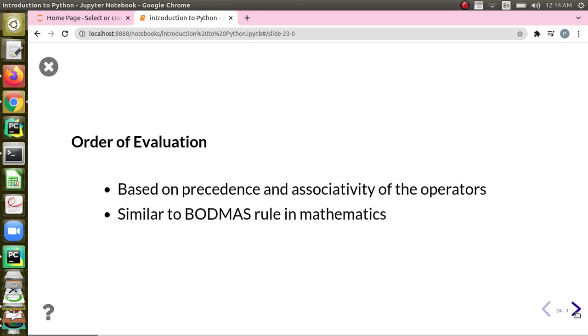For example, if I have got an expression like 2 plus 3 into 5, which operation should be done first? 3 into 5, right? Why? Because mathematics tells that we have to follow Bodmas rule, which tells brackets, of, division, multiplication, addition, subtraction. Similarly, in programming languages also, when we have got an expression, to evaluate it, the language tells the precedence of the operators.